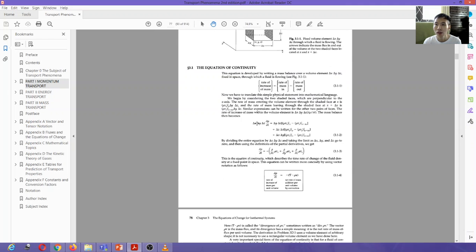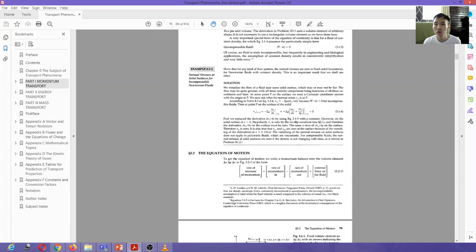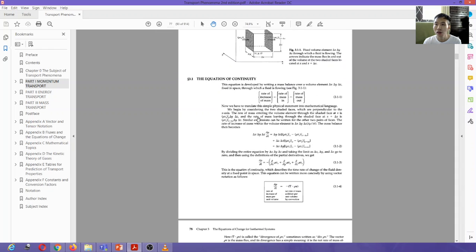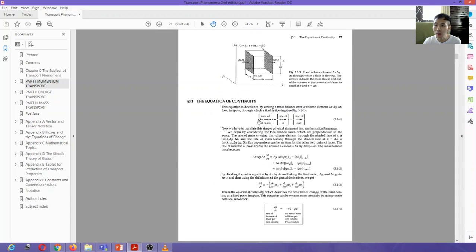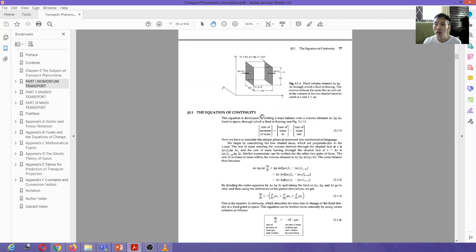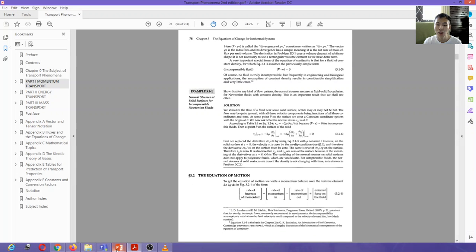complex topics, but I encourage you to look into the book itself to see how transfer phenomena has been developed over time. This book, Bird, Stewart, and Lightfoot, is the book that people use everywhere for transfer phenomena. These three were professors at the University of Wisconsin-Madison for some time, and they were the ones who developed transfer phenomena for chemical engineering as well.